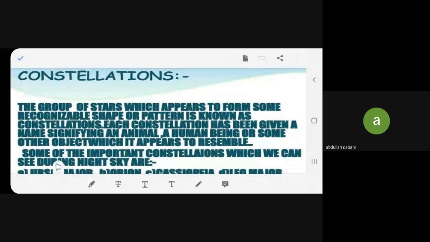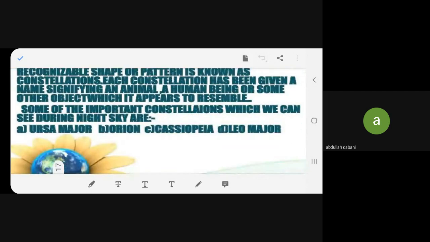Constellation, the group of stars which appear to form some recognizable shape or pattern, is known as a constellation. Each constellation has been given a name signifying an animal, a human being, or some other object which it appears to resemble. Some of the important constellations we can see in the night sky are Ursa Major, Orion, Cassiopeia,